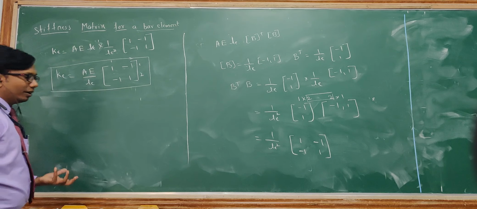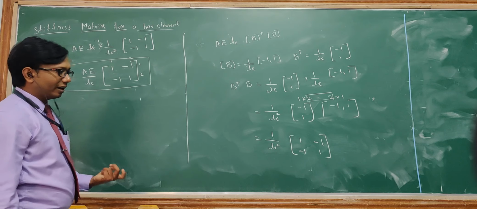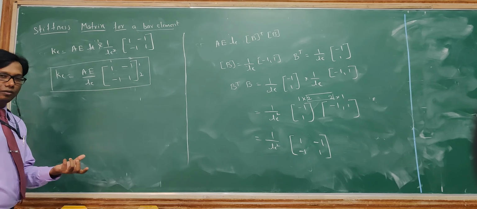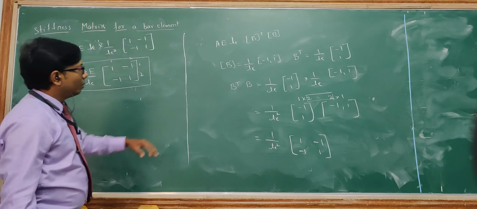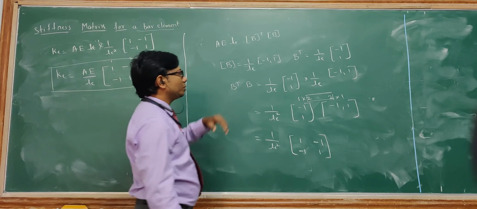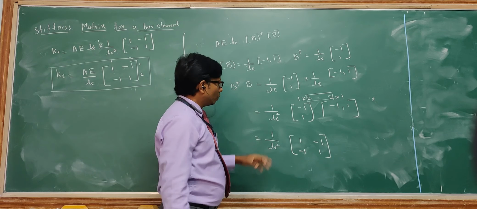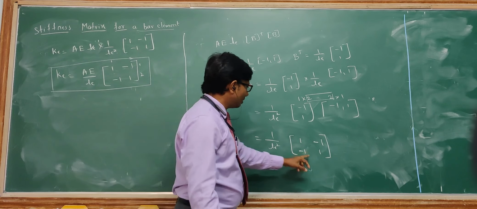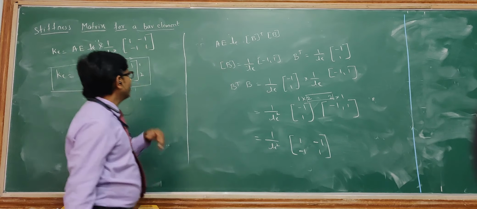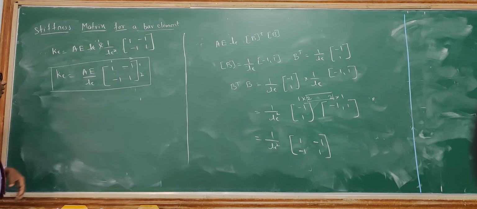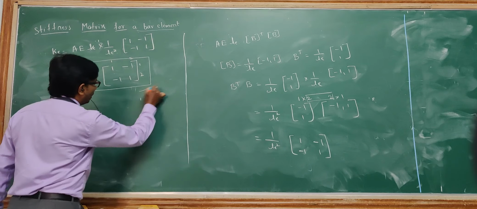When we extracted that, we did the integration with respect to zeta. Then we did the multiplication of strain displacement matrix, one was a transpose and one was a regular. So then we got this matrix. We multiplied with this particular equation. So finally we got the stiffness matrix equal to AE by LE times [1 -1; -1 1]. So this is how we need to derive this particular equation.